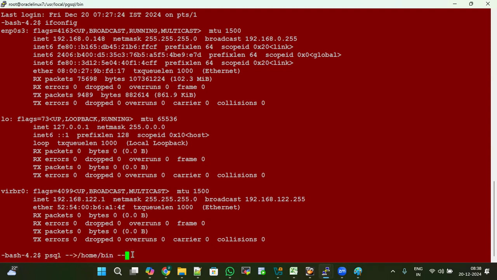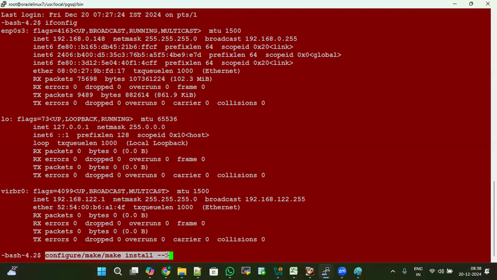How do we install the Postgres binaries? We know. If it is the source code method, download the software, then configure, make, make install. If it is the RPM method, there are two RPM files, the client libraries and the client software, and by using these two we can install. You can use any method. You only have to install the client software. If you install the client software, we get psql, and with psql I can establish the connection